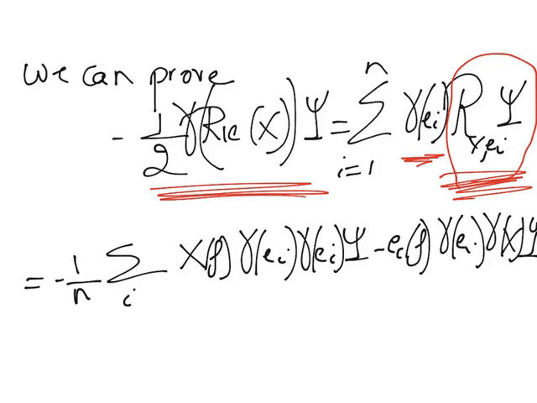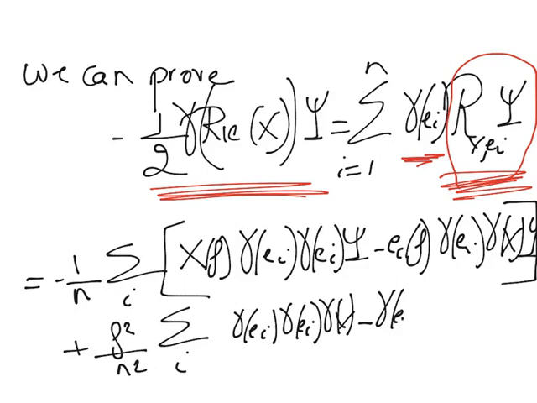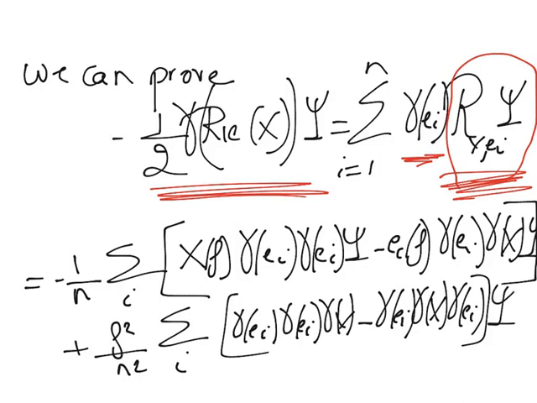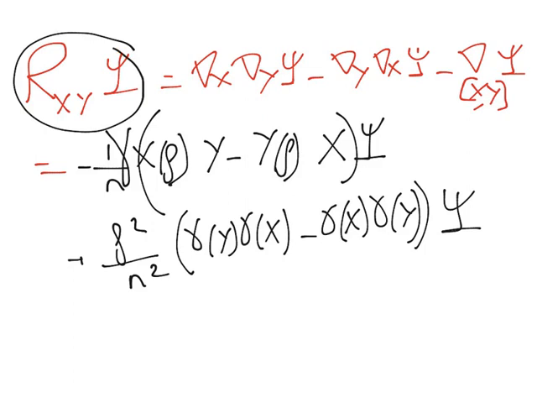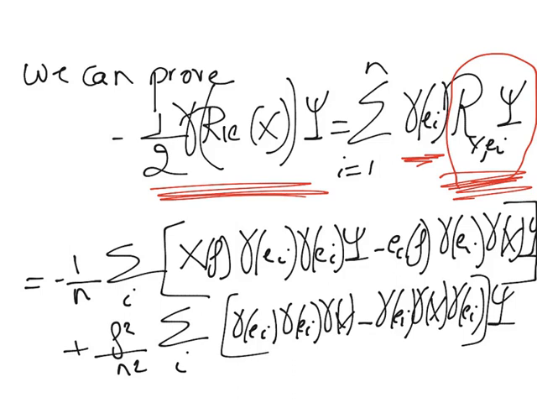This is for the first sum, plus f squared over n squared sum, of course, over i, gamma e_i gamma x minus gamma e_i gamma x gamma e_i psi. So I just chose here from the previous slide that the spinorial curvature tensor is given by the following quantity, and I replace it in my next slide for y equal e_i, and hence